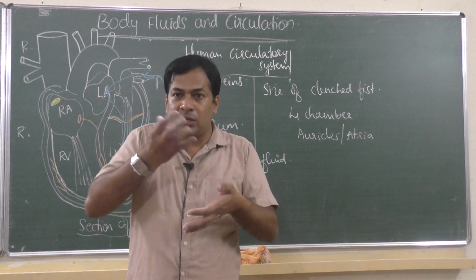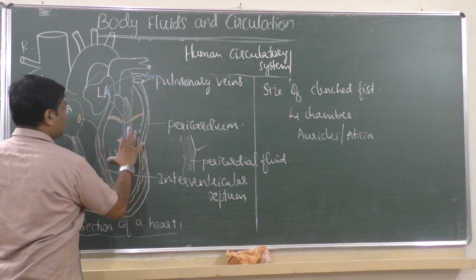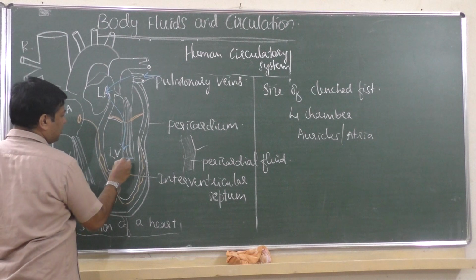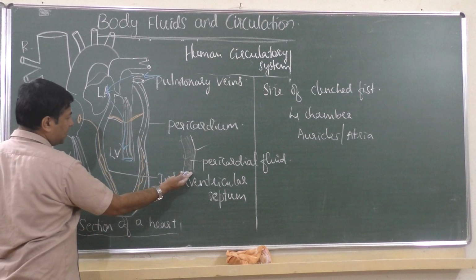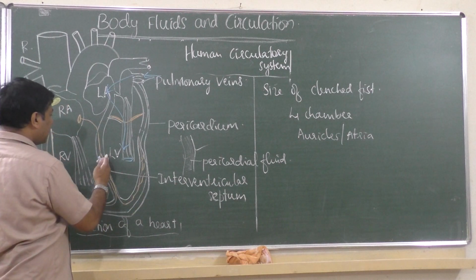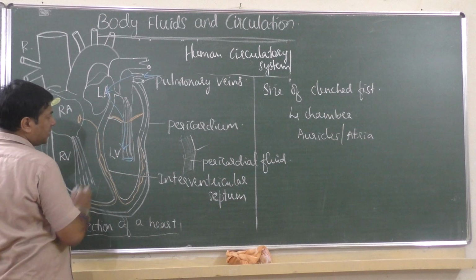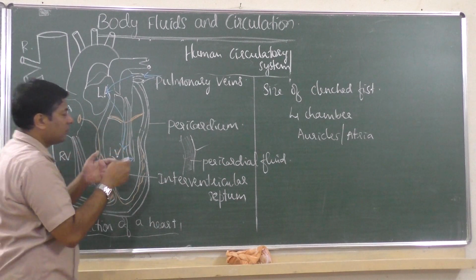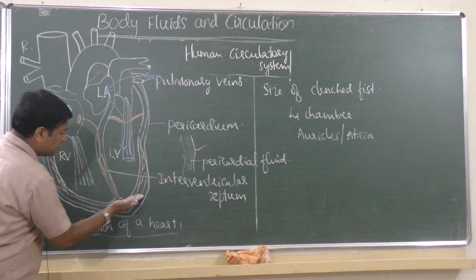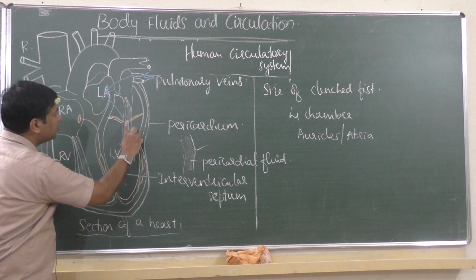So again, blood cannot come back from the ventricle. Here the ventricle will be filled with blood, a lot of pressure is there, so it cannot go on this side also because there is a double layered wall, pericardium. It cannot go to this side also because a thick septum is there. It cannot go back also because the valve is closed. It cannot come down here because here also it is closed. So the only way left is what you see here, this tube.